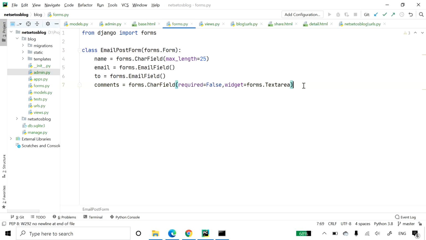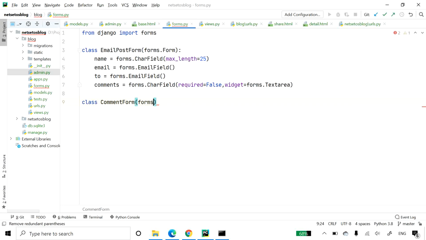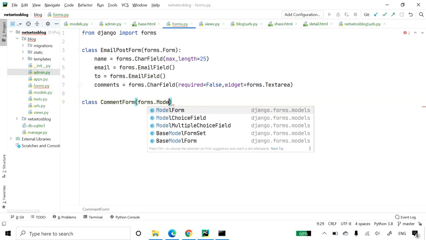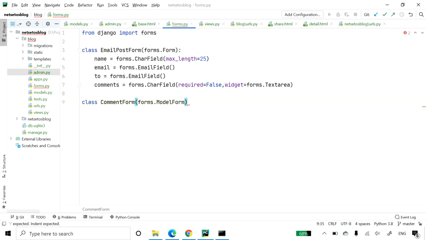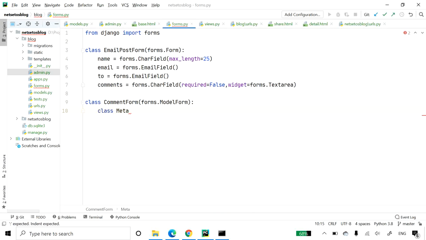So down below I will create a new class, CommentForm, and as I told you, we will use the second base class, forms.ModelForm, and thereafter we will create a class Meta which will have model and fields.